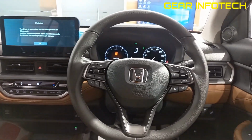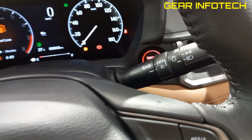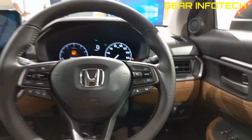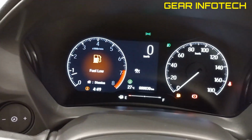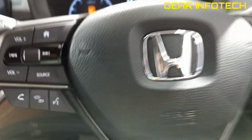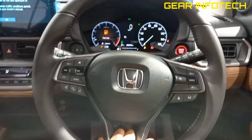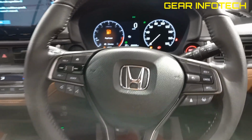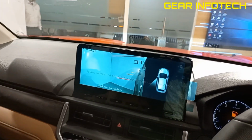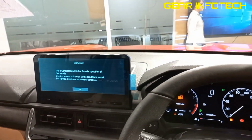So now let's talk about the steering of this car. As you can see, it offers you a very nice steering wheel, steering mounted controls, headlight and indicators control, wiper and washers control. It offers you 5 ADAS features, which is quite nice. And it looks like this. The steering comes with tiltable options and telescopic one, as you can see right now. And a very intelligent feature given in Honda over here, that the ORVM is having a camera which will give you a nice view if the car is coming from